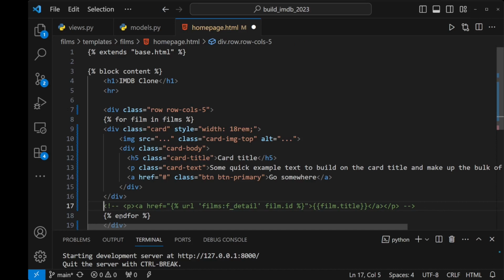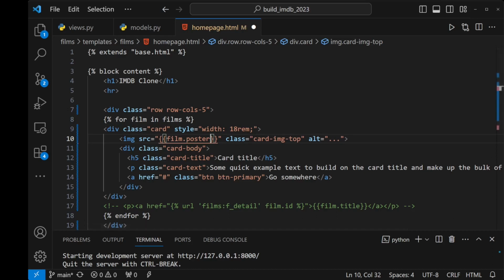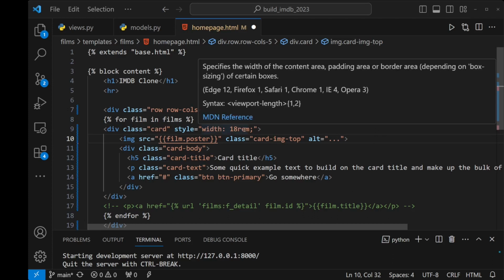Okay, and what we're going to want is, first of all, let's import our image. So that's going to be an image. We're going to say it's going to be film dot poster, and so we want film dot poster, and we want